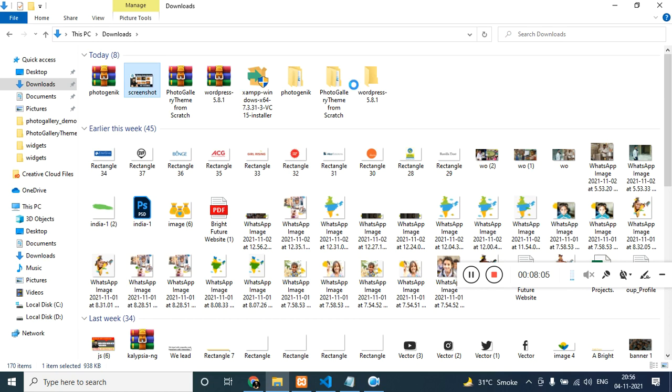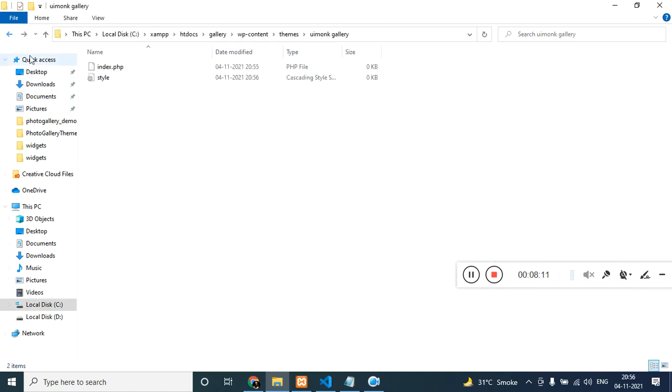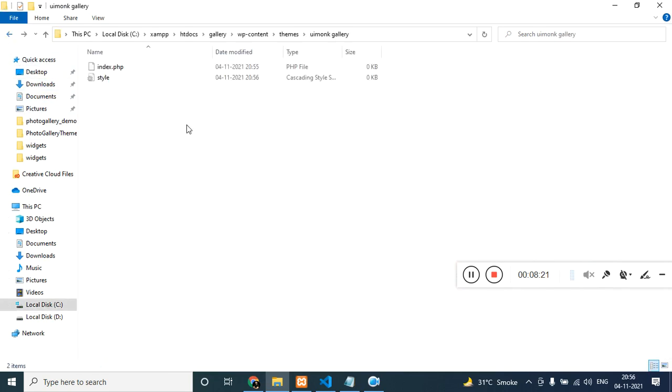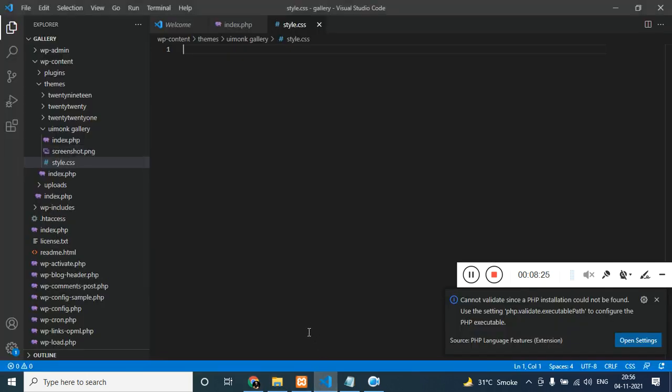If it is not PNG, it is not going to work. It's taking time. We can simply copy this and get into the location and paste it. So these are the 3 minimum files which are required to start the theme.